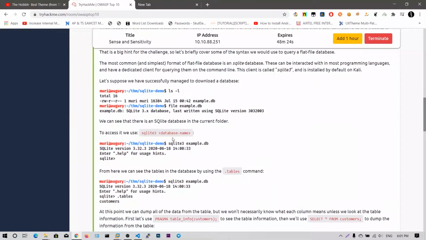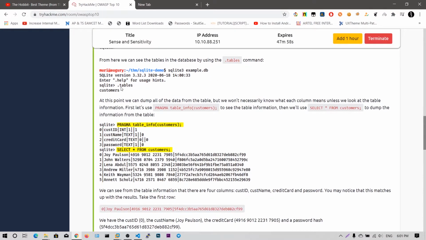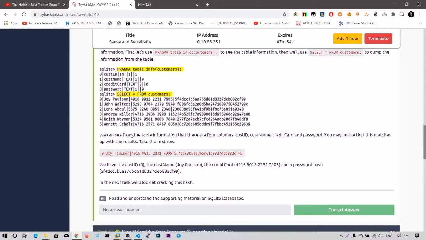So they have given a few examples, and there is a database file and you can open this with SQLite 3. This is similar to the MySQL we have learned before, but SQLite is used for very small projects, and MySQL is used for small and medium scale projects. So it will be very simple to open this database file using SQLite 3. And they have also shown the .tables command to list all the tables.